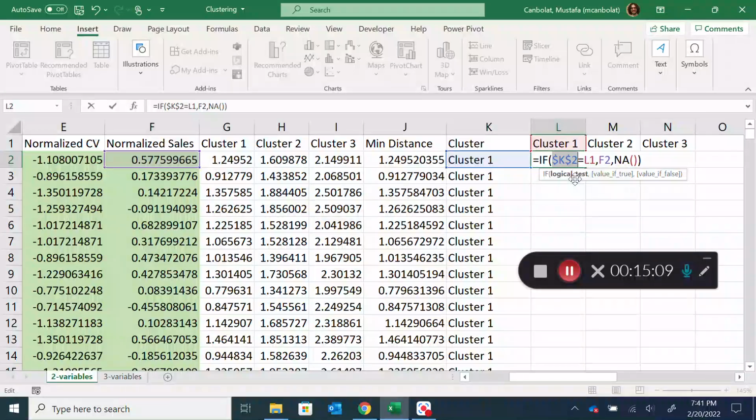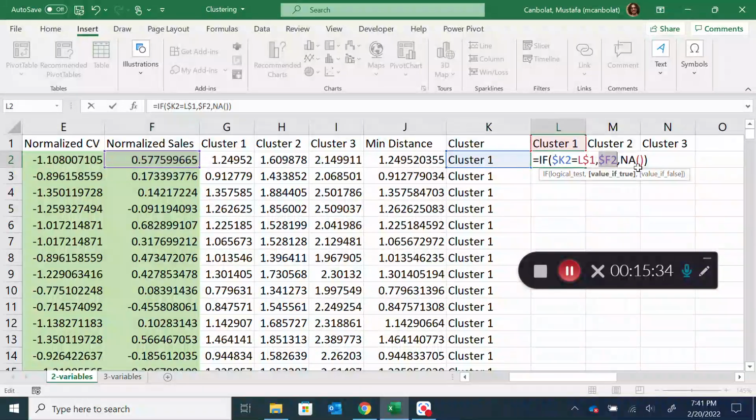So it is going to be $K2. LMN, when I copy across, this one should be copied across, but it should not go down when I copy down. So this is going to be $1. And F2, we want this to go down, but not across. So that is going to be, again,